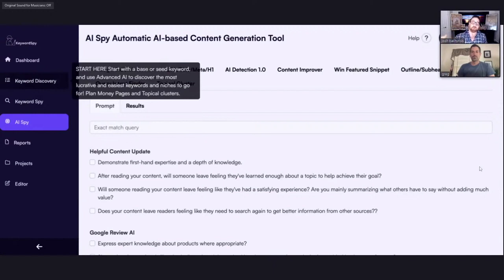And that's a separate app in Keyword Spy, and we recommend people start there because 75% of ranking is choosing the right keywords to begin with. So that's where we highly recommend you start. You can plan money pages. You can also plan out topical clusters there, or start with the keywords you should be ranking for, because topical clusters can have two ideas.